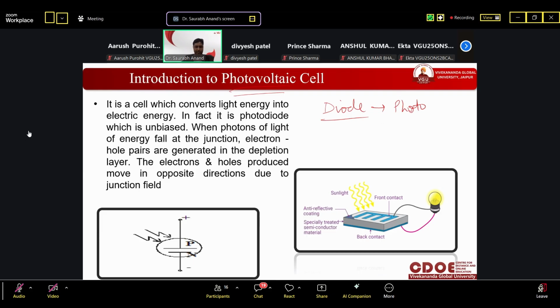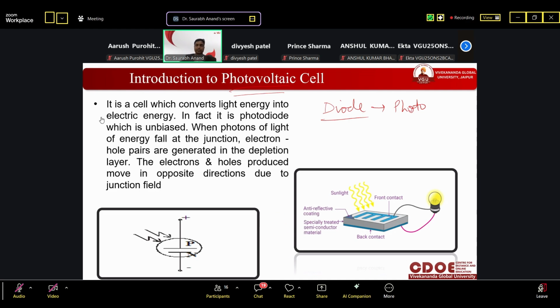Fluctuating means varying, changing. Yes, Meenal, fluctuating means varying, changing. Actually, you should know the difference between varying and changing. Changing means it is permanently changed, permanently converted from higher to lower value or lower to higher, and then it will not be changed again. Varying means sometimes it increases, sometimes it decreases. So this is known as variation. So variation and changing are different. Got it?